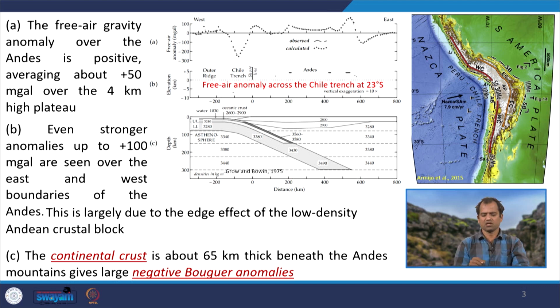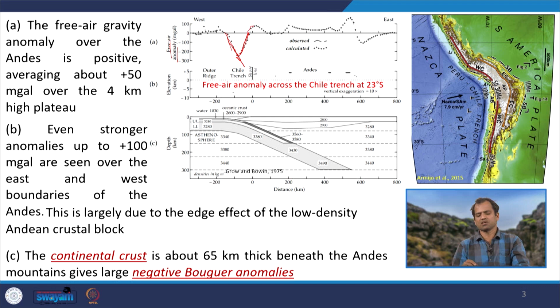So, now you see this is the Peru-Chile trench, and this profile is taken across this Peru-Chile trench, and here is the Chile trench which is subducting down. This is the Nazca plate, which is subducting down beneath the South American plate. So, you see this trench is representing negative free air anomaly, and this is the Andes mountain, and